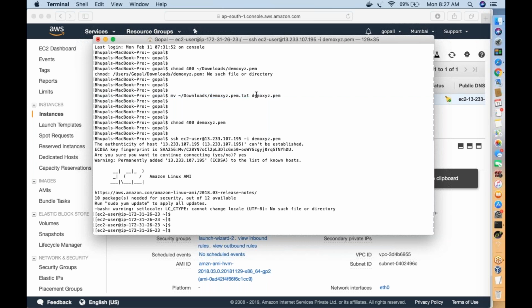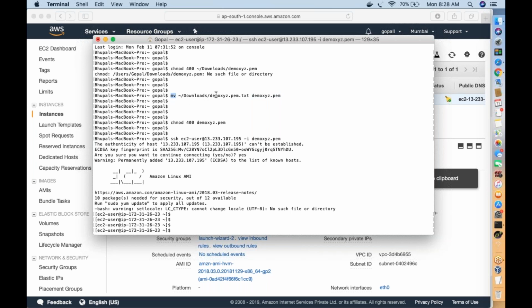The file name should be demo xyz.pem, but under Downloads my file was downloaded as .txt, meaning some extra characters came into my file name. mv is the command to move a file from one name to another, or rename the file. Like in Windows, you right-click and rename the file. Similarly, in Linux or Mac, you use the mv command to rename or move a file.